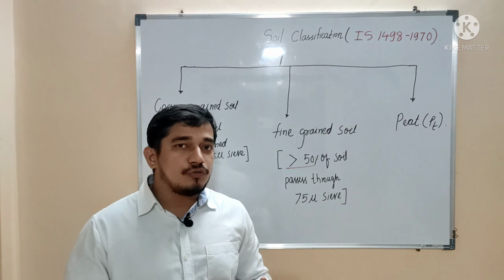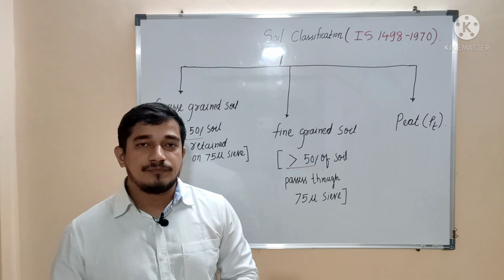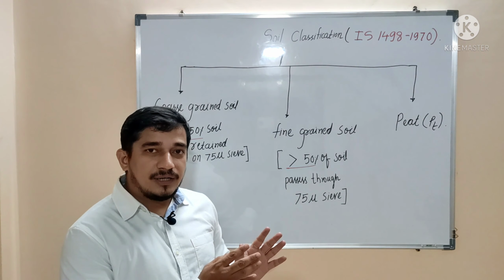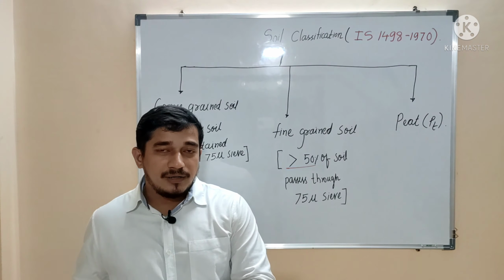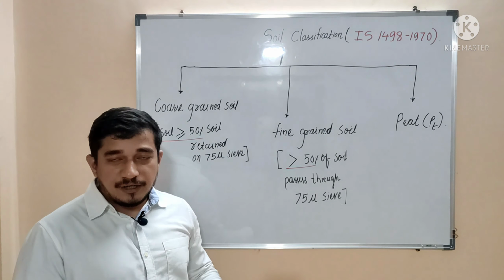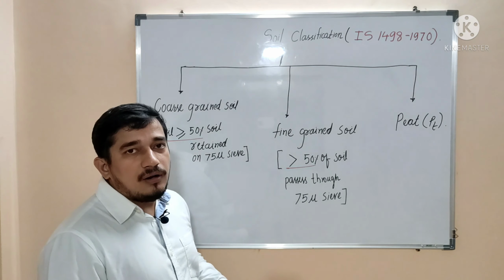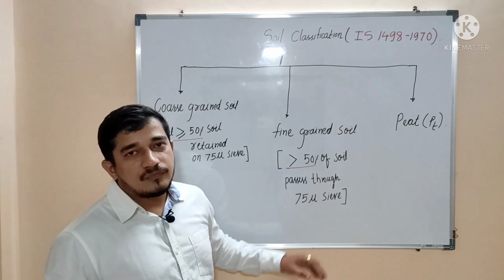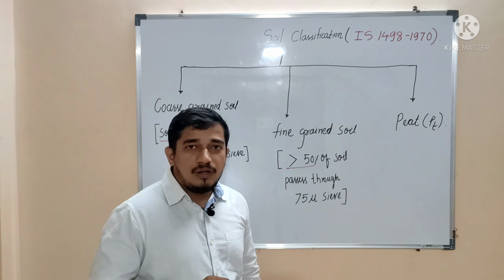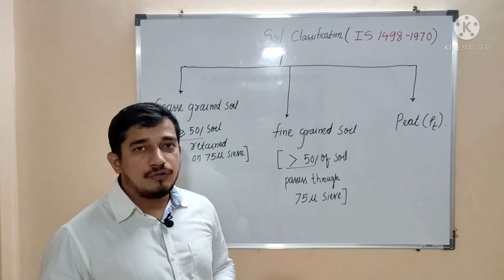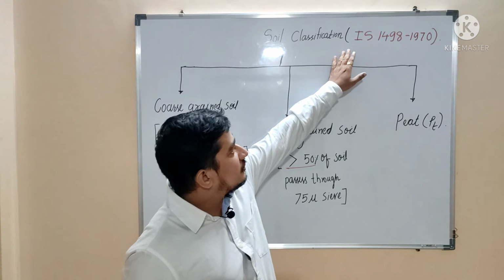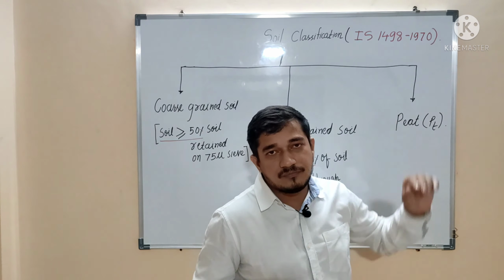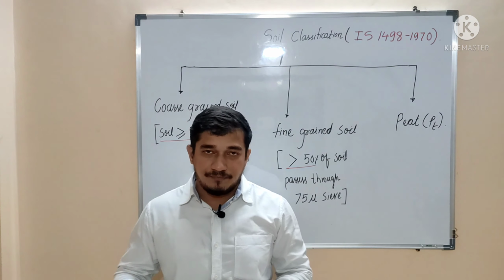So the soil classification is based on the index properties of a soil. Whatever we have learned from the plasticity characteristics, up to the last part, the relative density, forms the basis of this soil classification. If we are very clear with that information, then we can easily classify the soil. As far as your syllabus is concerned, we are supposed to learn only the Indian standard classification system, that is given in IS 1498-1970. So how is this soil classification made?